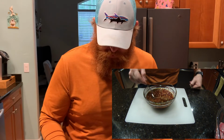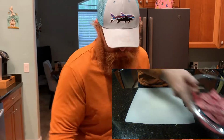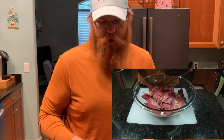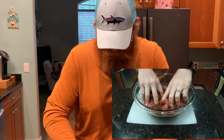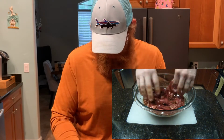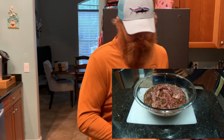Now we just need to stir it up. And pour it over the meat. Now you want to mix this in. I like to use my hands. Cover it up